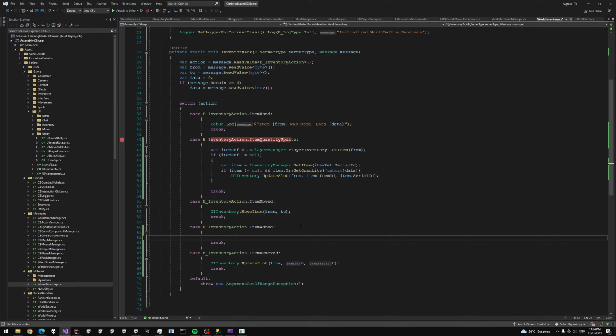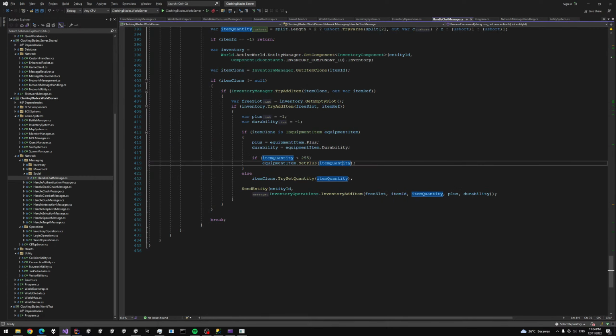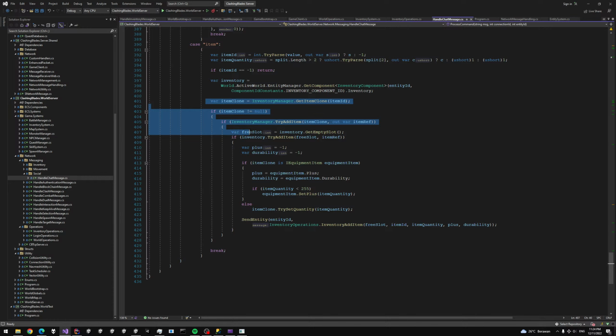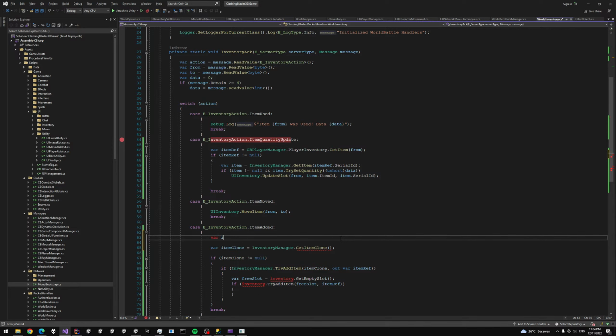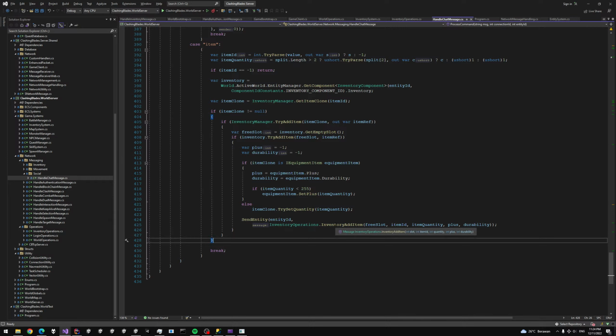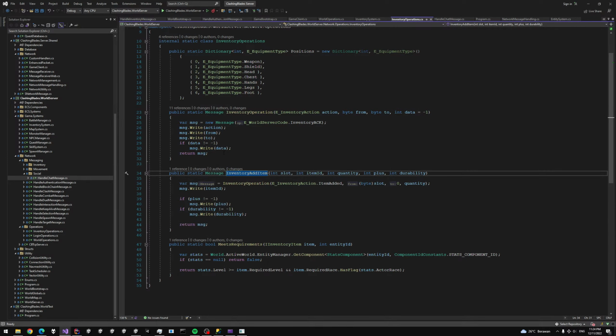So we know data is item information, item quantity I mean. Let's also add the item here. The code is basically the same as the server. We just have to do this, and that's all. First we read the item ID, message read value integer, that's the item ID. Let me just double check. Okay, item ID, item plus,